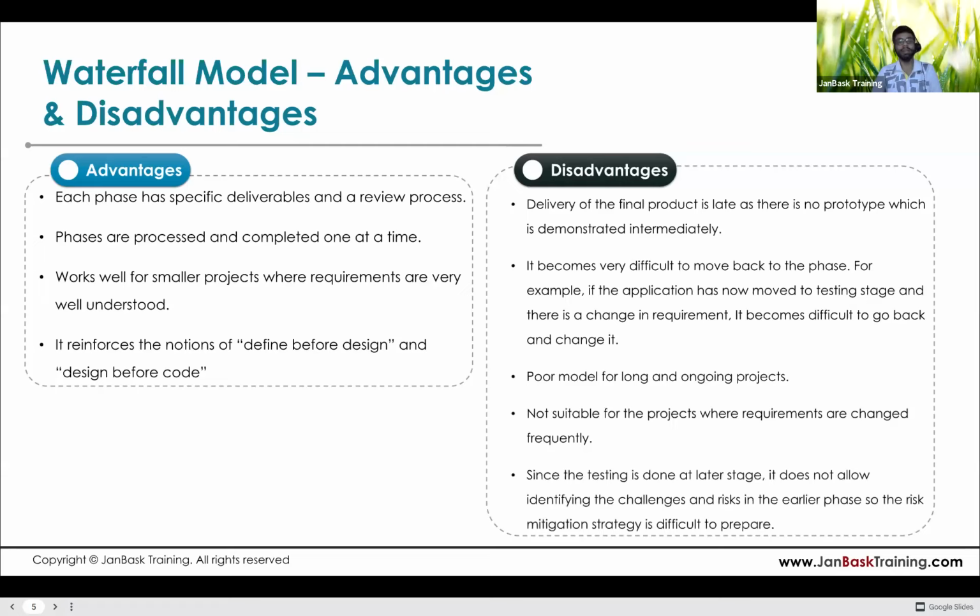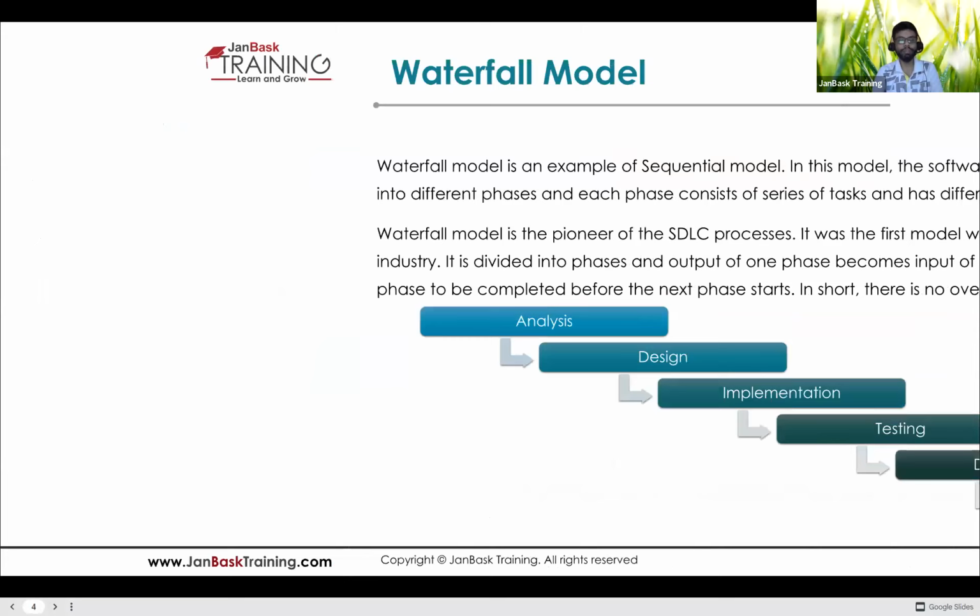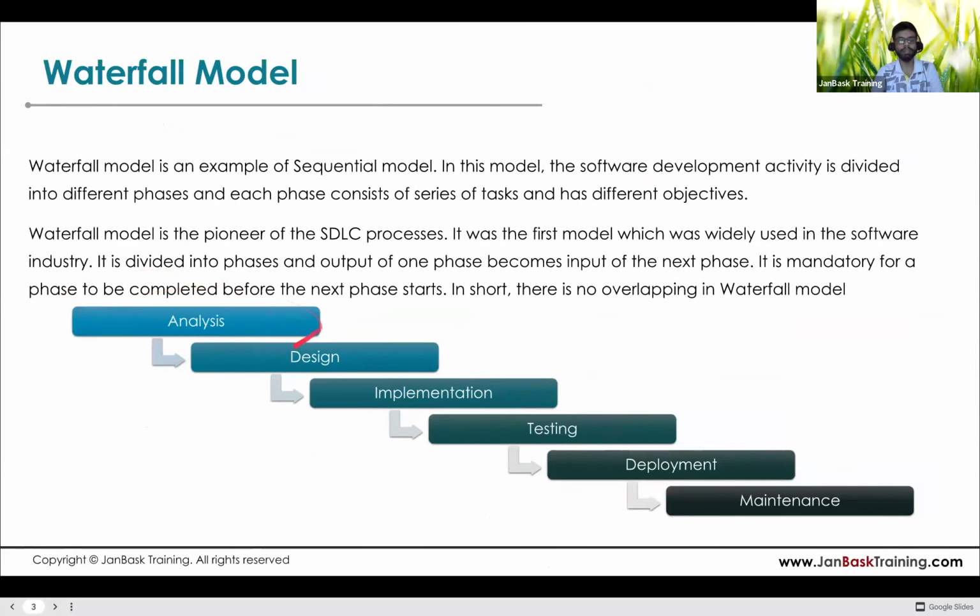in mind: the requirement for using the waterfall model is that the requirements have to be fixed, and those requirements should not be changing. Because what will happen if the requirements are changing in nature? In the waterfall model, there is no overlap between the phases, right? So if you have got a requirement from the user or from the customer, and you have started working on it, what happens in the waterfall model is, in the requirement phase, the analysis will be done,